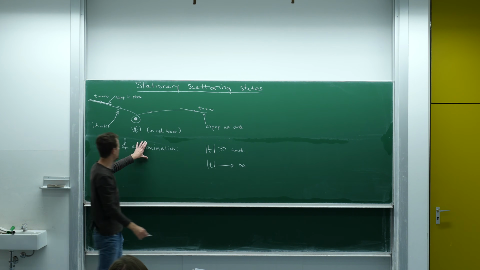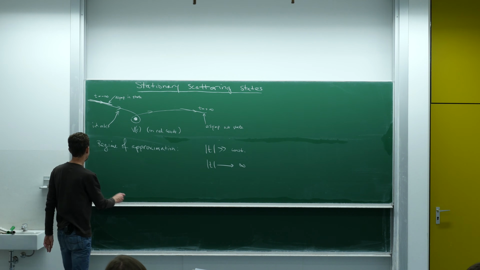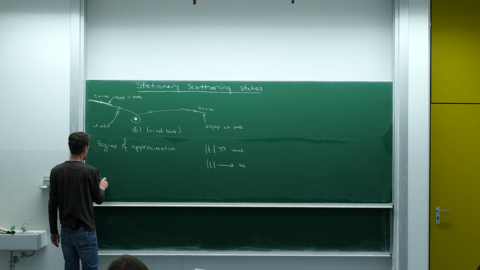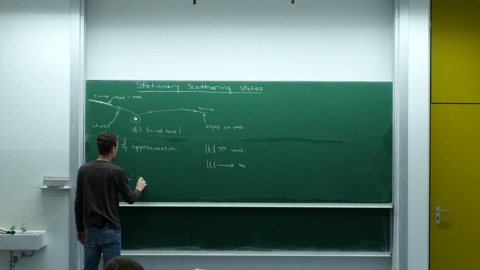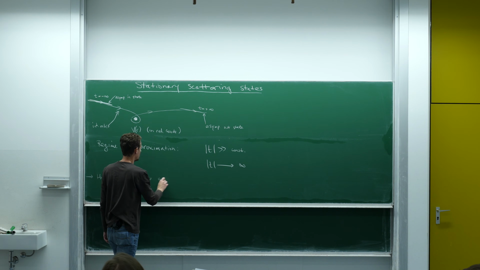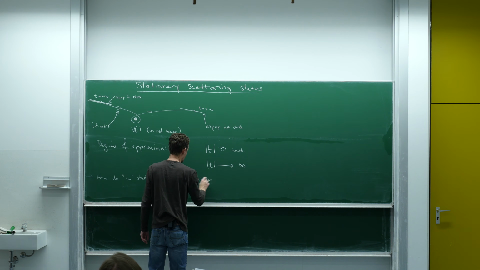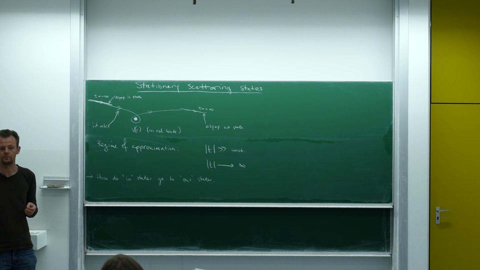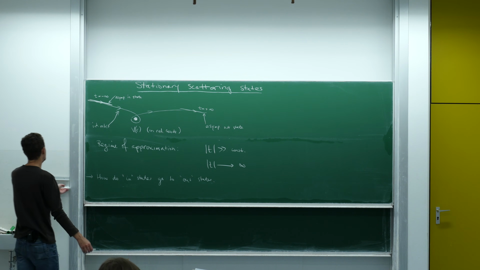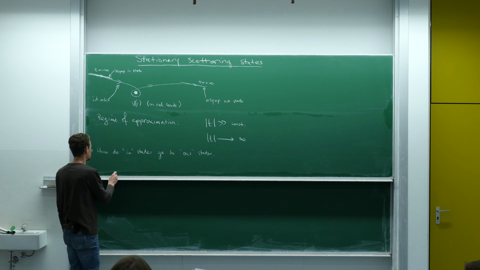And the way we implement this regime, this approximation, is we only care about how in states go to out states. So if you like, we average out, throw out, ignore, forget all the stuff that happens in the middle. And there's an operator which captures that information and nothing more, and that's the S matrix, or the S operator,